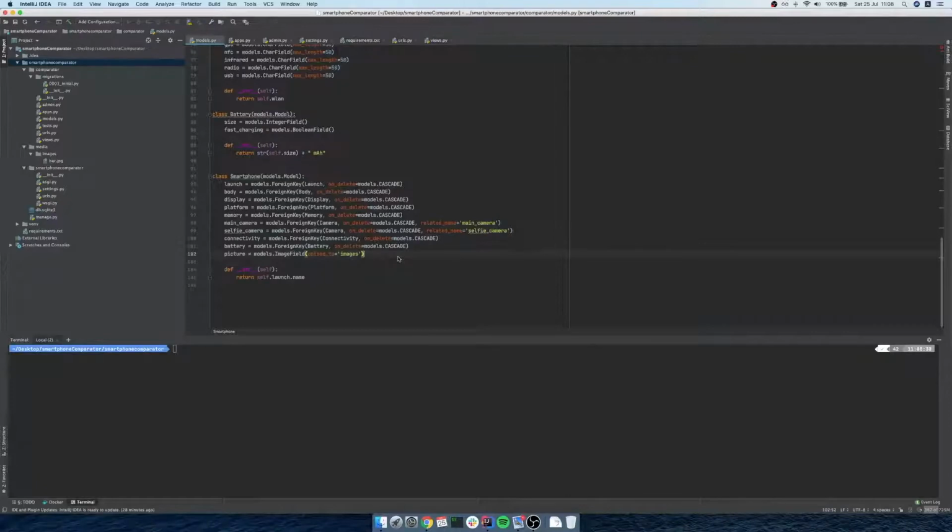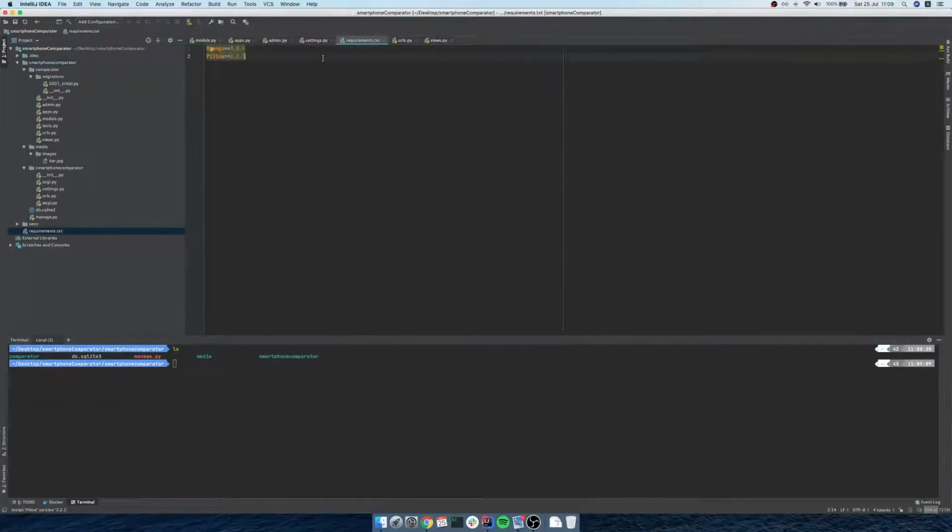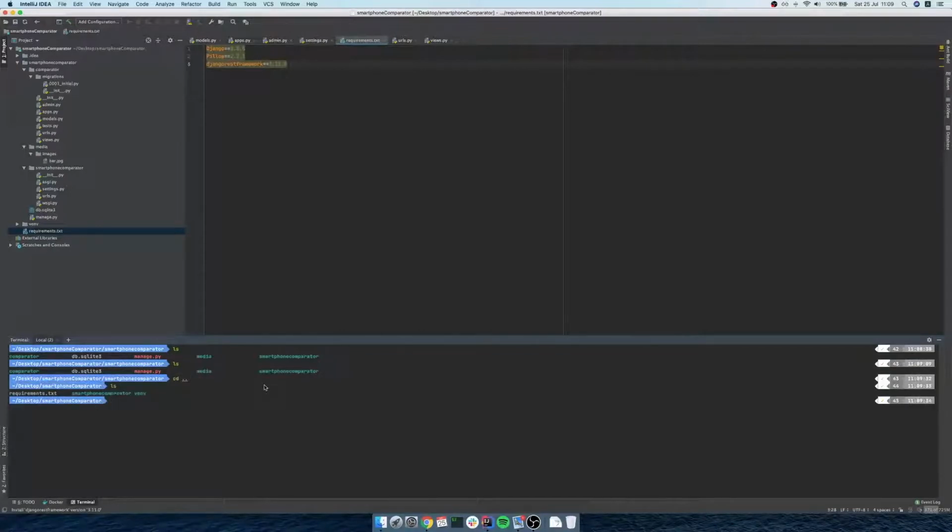Okay, now let's go and install Django REST framework. So you can go to your requirements and just add Django REST framework. It's version 3.11.0, and now we can do pip install your requirements, and it should, no, yeah,